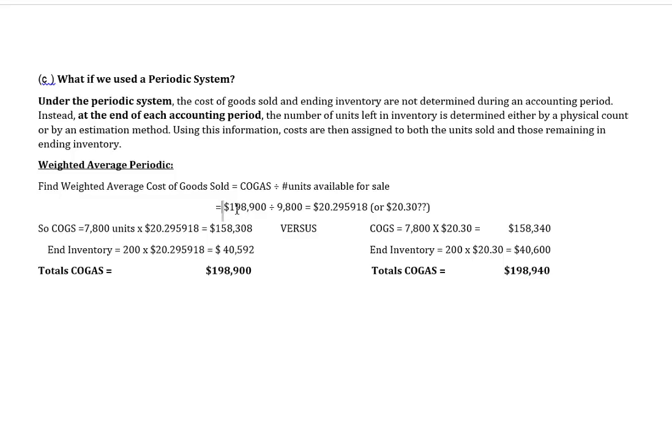I know that I had $198,900 worth of stuff to sell. On a per unit basis, I had 9,800 units. So on average, the cost of goods available for sale is $20.295918. Now you would say, man, oh man, I'm just going to round that to $20.30. Notice I have a couple of question marks here, because in the accounting world, most accountants in their inventory systems would take it to as many decimal places as they could